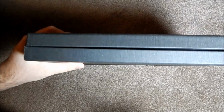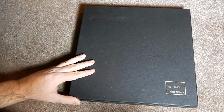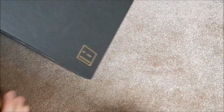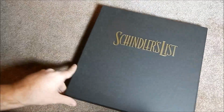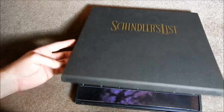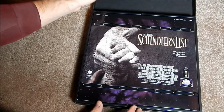Right. This is another one that has no writing on the sides, so hard to see what you're getting at when it's on a shelf, but it's a limited edition. This is number 3909 of the Schindler's List box. And this isn't like your usual box set. It's actually just the disc itself, because once you open the box, you just see the disc as you would